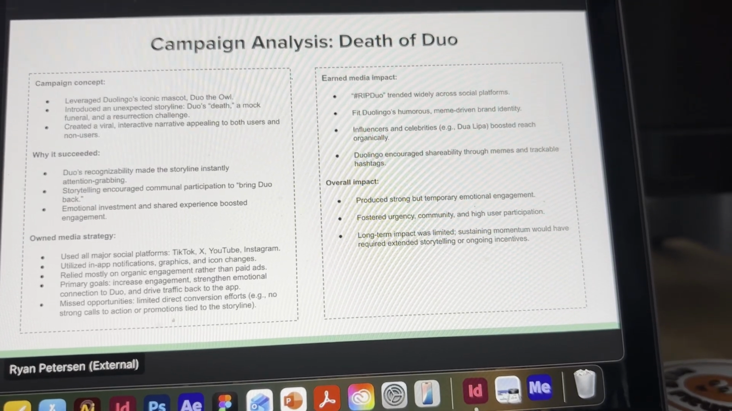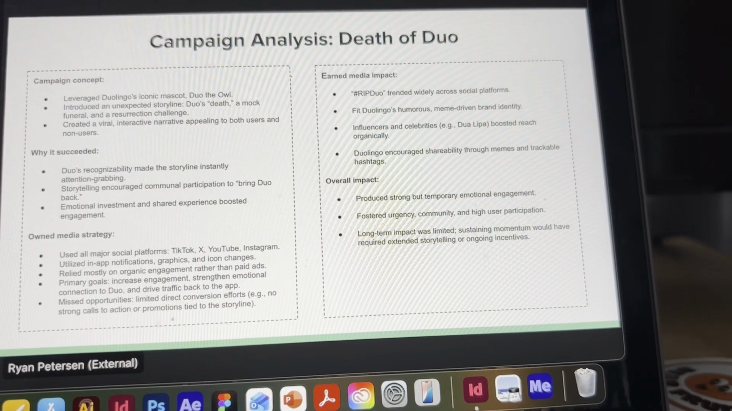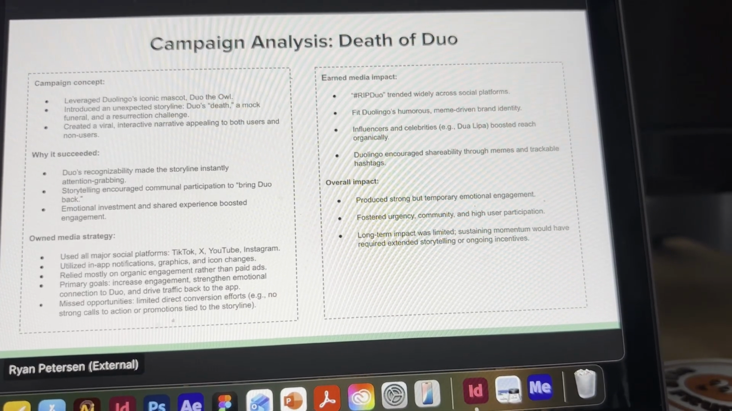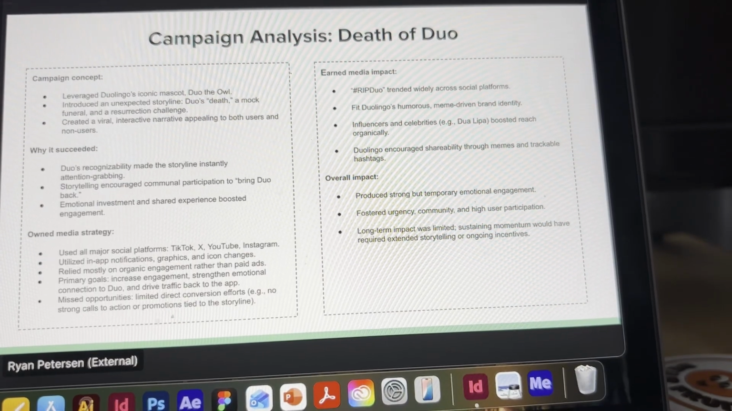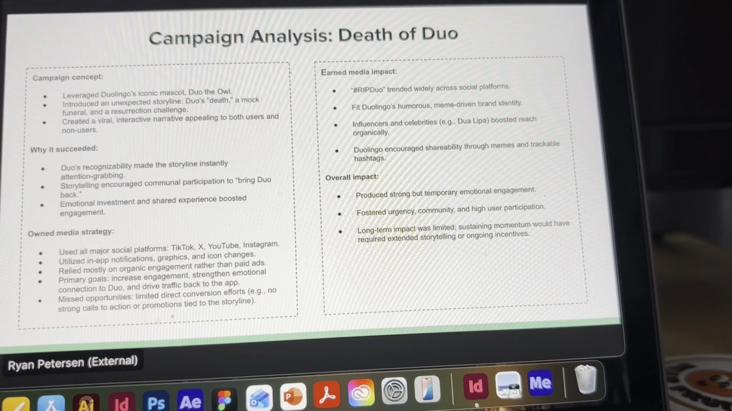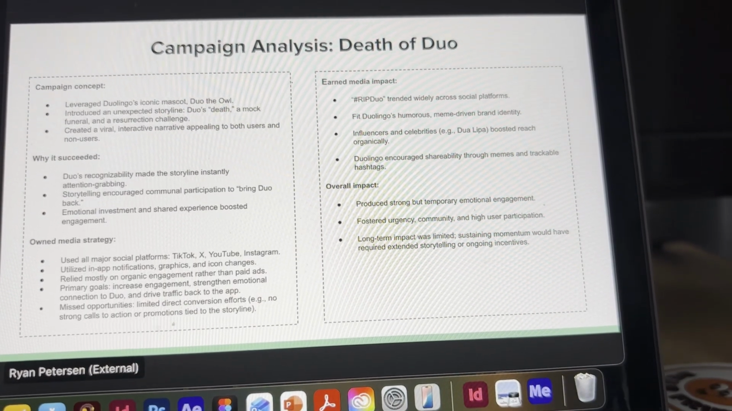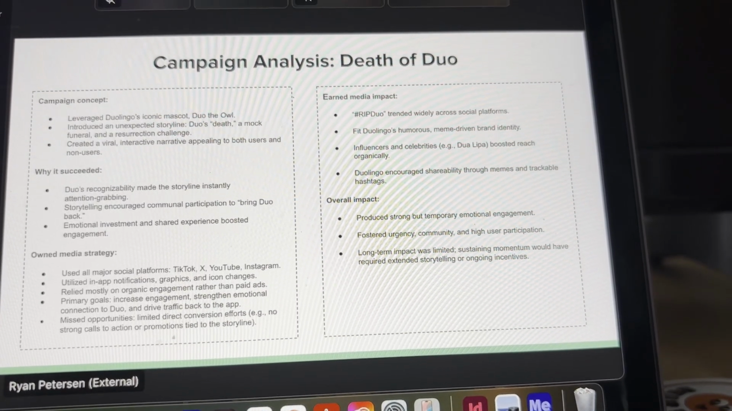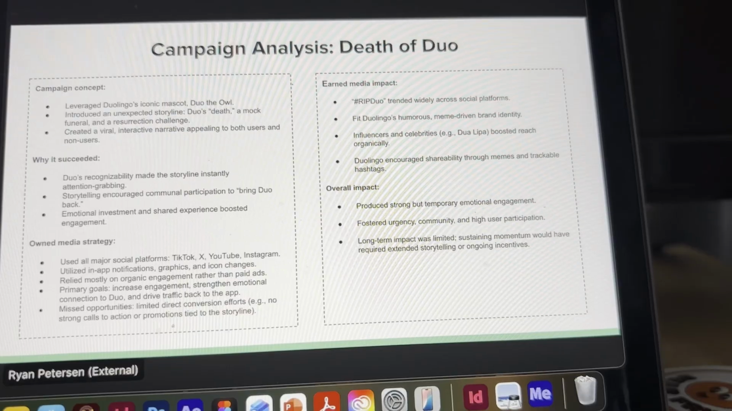Our campaign analysis we did on the Death of Duo by Duolingo, and this campaign succeeded largely because it leveraged the platform's already iconic mascot and delivered an unexpected storyline that captivated both users and non-users. Since the mascot is widely recognized across social media, it made this death